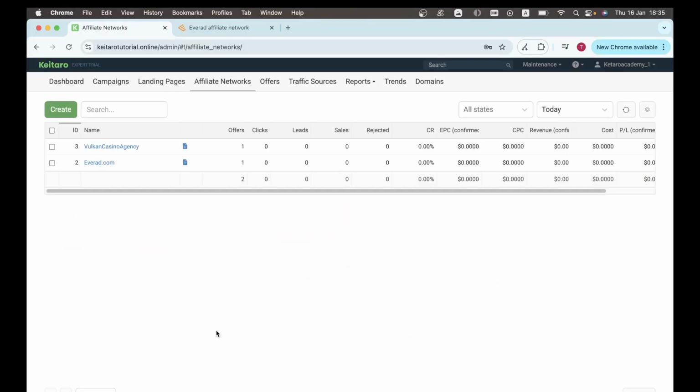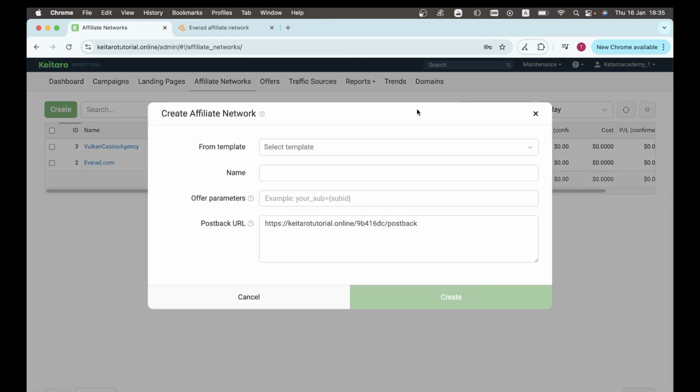Well, now let's add an affiliate template that we don't have in Keitaro. So first of all, what do we need to do? Let's go to the affiliate network section. Click the Create button. A form appears in which we need to fill in certain fields. Here we take the name, so let's put the name, random fnet,